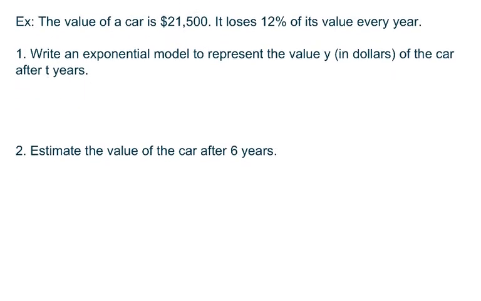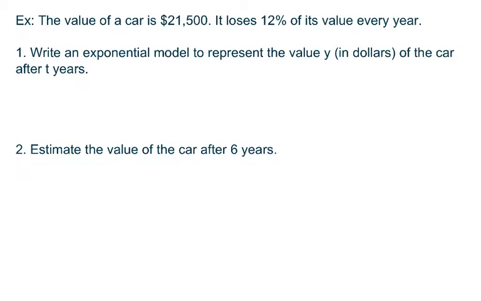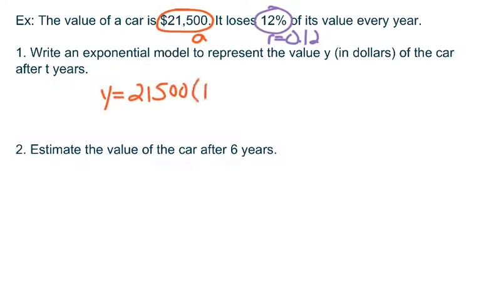Let's try one more here, one more story problem. The value of a car is $21,500. It loses 12% of its value every year. All right, well, $21,500, that's going to be our A value. 12%, this is going to be our R value. We can say R is equal to, we need to turn that to a decimal, so that's going to be 0.12. And again, we don't have any other time, so write an exponential model. So we're going to say y is equal to our initial amount, 21,500, 1, and our R value is 0.12